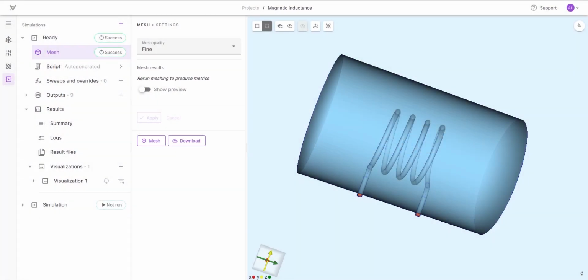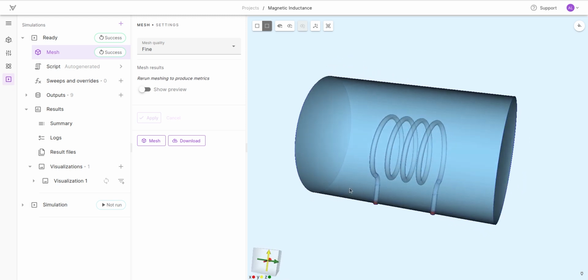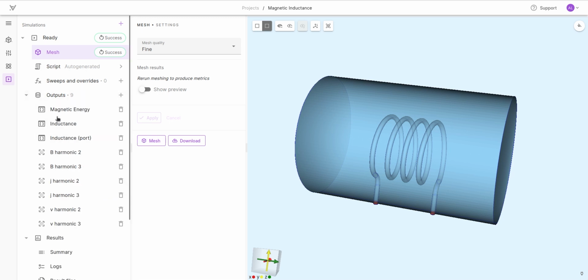In this video I will show you how to use the Glyph visualization filter in Quanscient Allsolve. I have a simple project with a copper coil and some air around it, and I have set up magnetic physics and current flow physics so that we see the magnetic field generated around the coil when current flows through it. I have set up the magnetic flux density as an output,